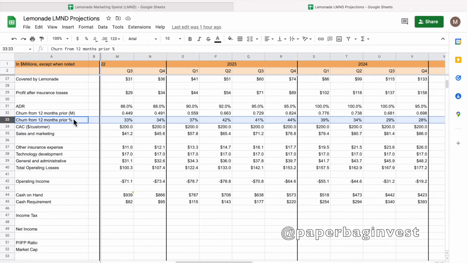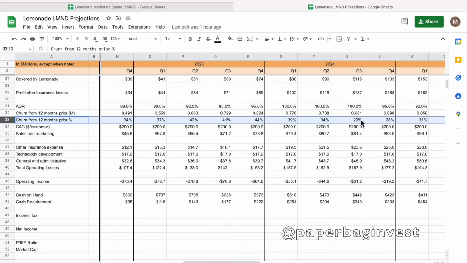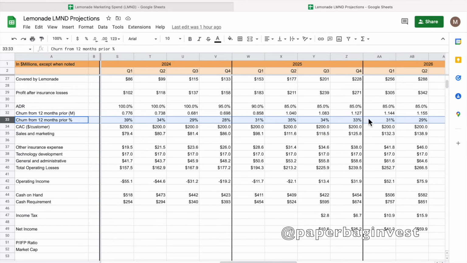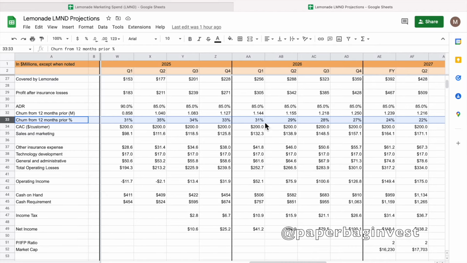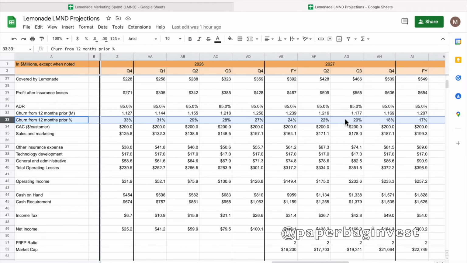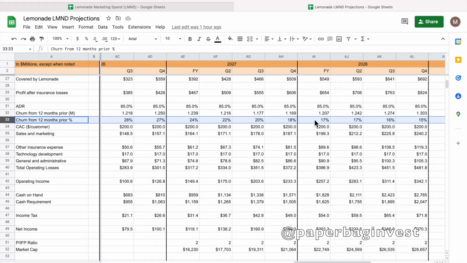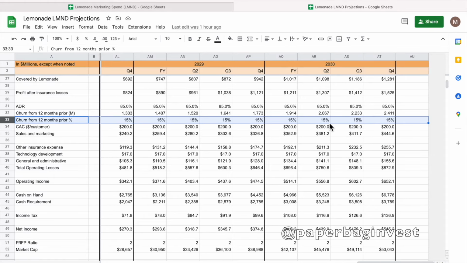Your churn is still 39%, still in the 30% range. But then I have the annual dollar retention lowering as the premium per customer higher up starts to drop. And then your churn on a 12-month basis is also dropping during that time. So even though this is dropping, because of the way the math works out, your premium per customer is not changing as much, so this has less effect. It means there must also be fewer people churning. So anyway, I projected that out to about 15%, where 15% of people are churning on a 12-month basis.